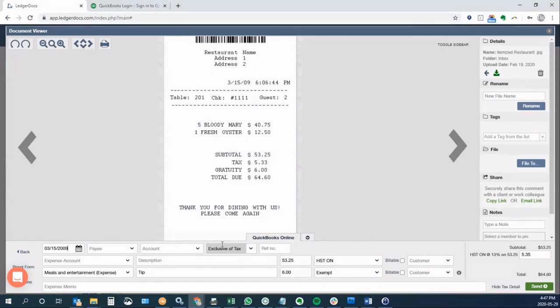So first of all, you'll notice that the date got populated automatically based on what it captured from the receipt. Secondly, you'll notice that the two line items have been extracted. One, which was the amount, which was $53.25, and the second amount was the tip, which was $6. What also happened here is the tax has gotten extracted. So the tax of